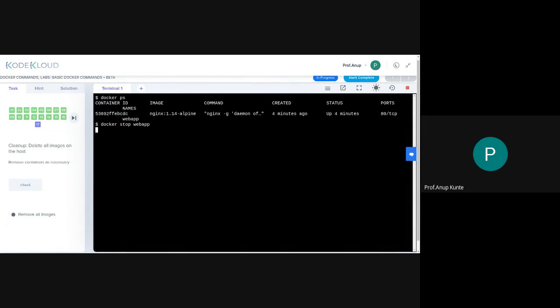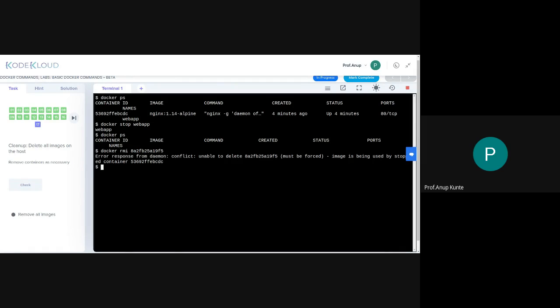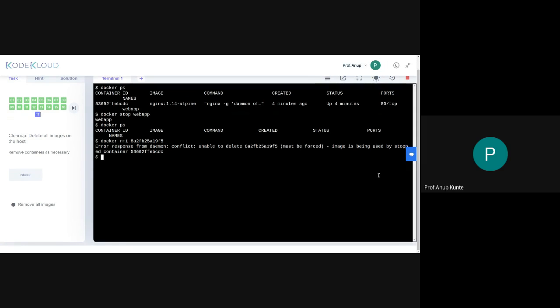So it goes in the background now. After that, we will delete the image. These are the two possible things. Now we'll check, is there any container running? No. Now I try to delete this particular image. It says that it is being used. The reason why it is still telling you that it's being used is that the container is not running, but it is in a stopped state. Its status is stopped, but you still have the container. So you need to kill that container as well.